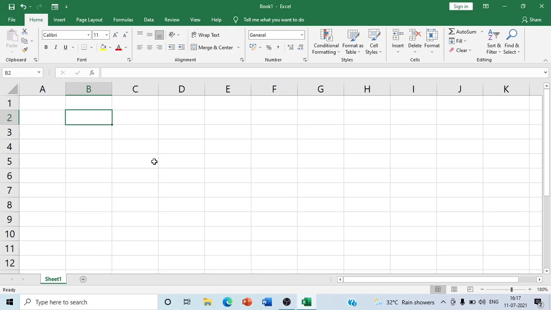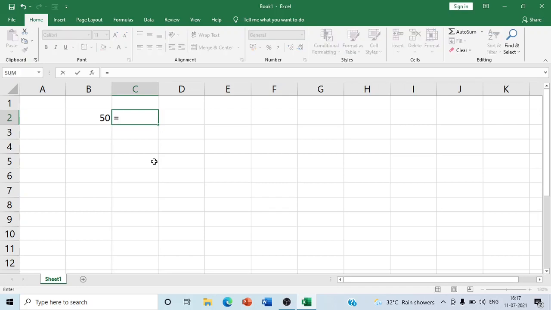Suppose, students, you have a value that is 50 and you want to check that if this cell has a value greater than 50, then your result will be true, otherwise false. For this you will use equals to IF. When you open the IF, you will see that it accepts three parts. First is the logical part where we will give the conditions. Second, value if true, which means when the condition is true, then what will we do, and if the condition is false, what will we do.